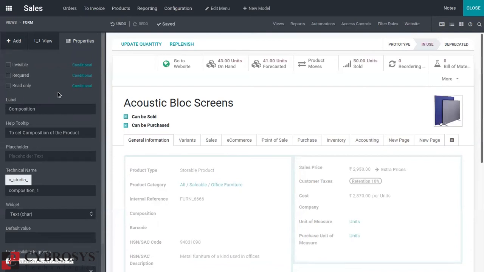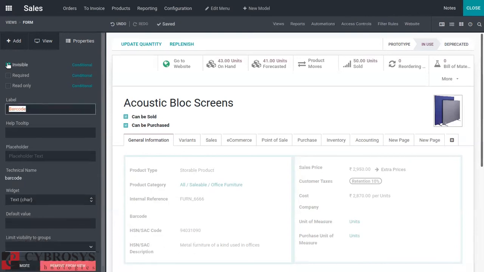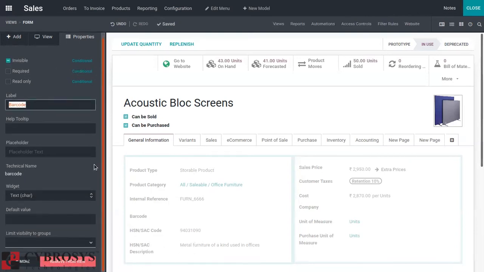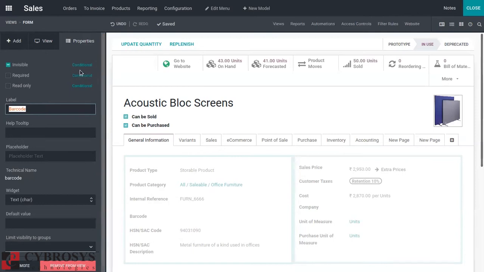Then in these properties, you can see some options like to make a field invisible, required, that is mandatory, or read only. If you want to do that, you can just enable it, that is, check the box. After enabling that, you can add some condition.